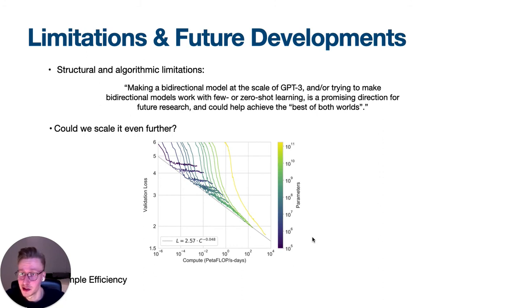At the end, I want to talk a bit about the limitations and the possible future developments for GPT-3. So as we already said a few times in this talk now, GPT-3 has some structural and algorithmic limitations. For example, it's a unidirectional model, so making it bidirectional would maybe improve the performance on a lot of tasks. GPT-3 is basically based on an architecture that's outdated, that is from early 2018 when they released GPT-1. So improving the model architecture could maybe help. Another interesting thing is this diagram, as you can see here.